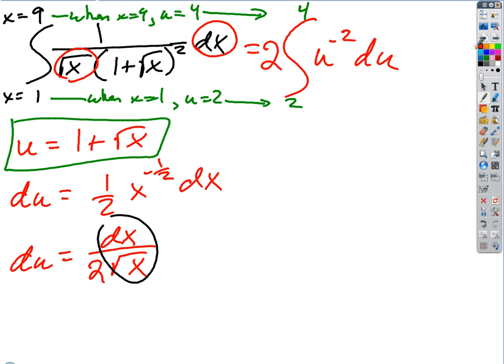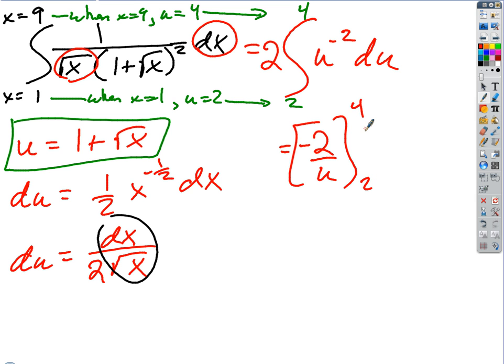What's the antiderivative? We've done it already today. The integral of u to the minus 2 is? That's u to the negative 1 over negative 1. So I put the negative out front. So I'm going to get negative 2 over u, right? From